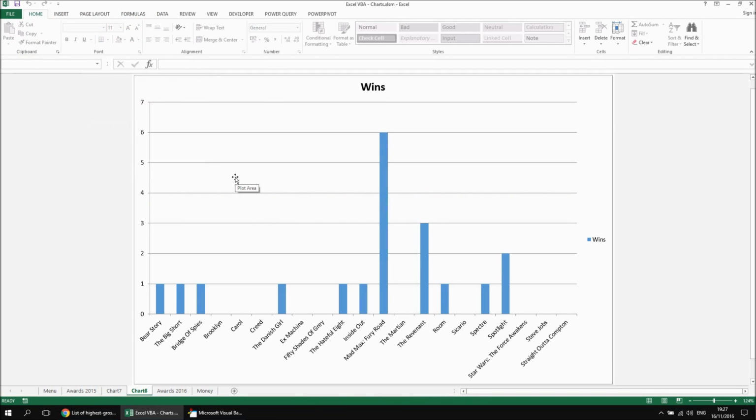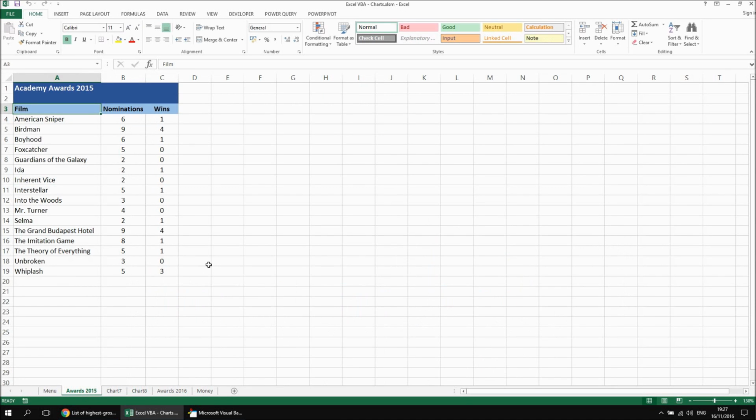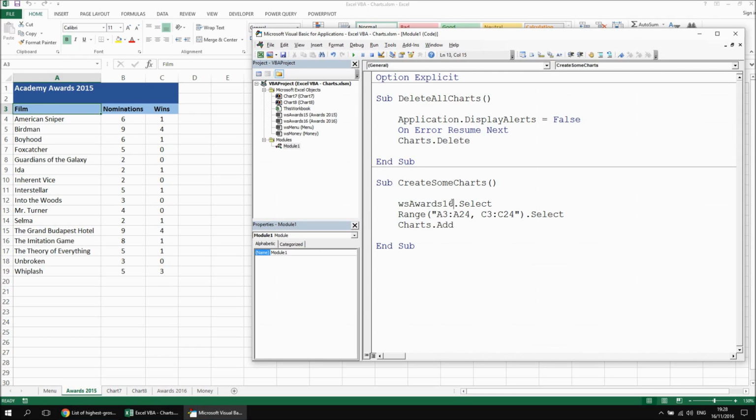It's just as simple, although slightly more time consuming, to do that for individual rows as well. So if we went back to, let's go to Awards 2015 this time. Let's say I wanted to include information about just the good films from this list, or the ones that I like, let's put it that way. So I could go back to the VB editor and let's just change the sheet that I'm selecting to Awards 15, and then I'll start by including the column headers. So I'm going to go for A3 to C3 first of all, so that's the first block, A3 to C3,